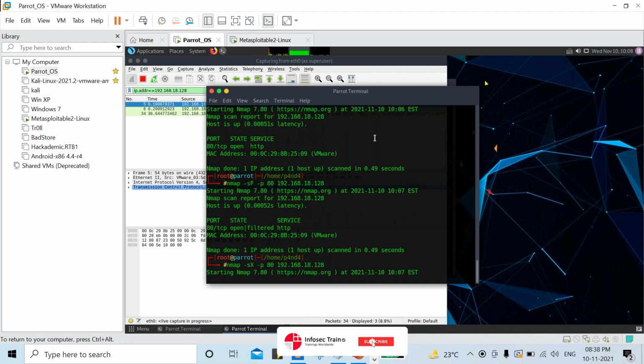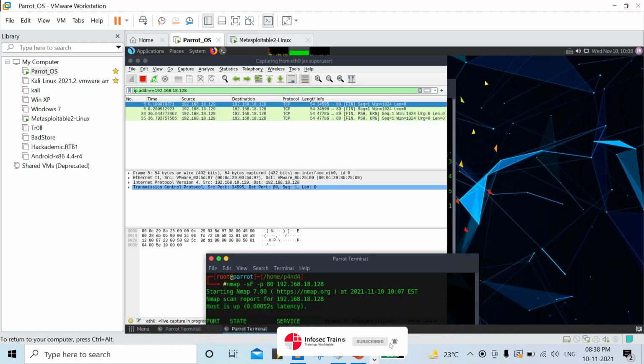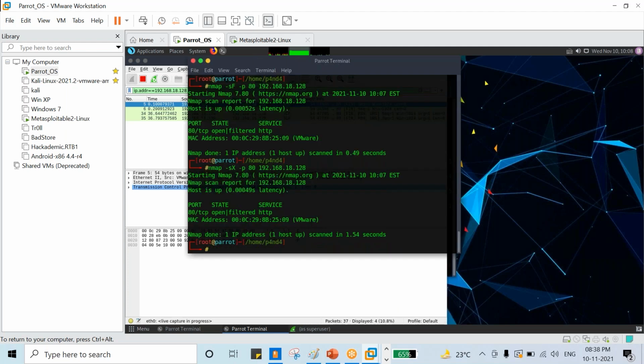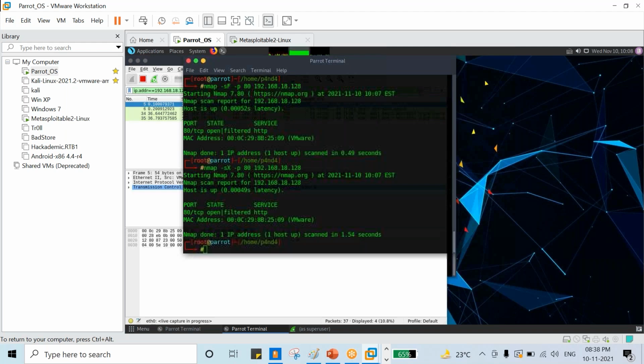You can see here, FIN, PUSH, URGENT. We are not getting any reply. That means the port is open. How can we say the port is open? Because we are doing the scan on port number 80, and that port is open.